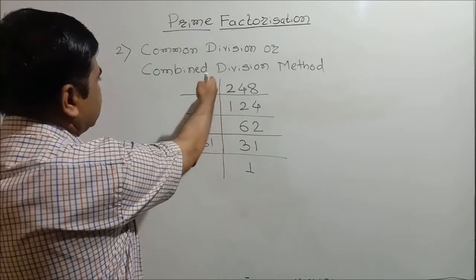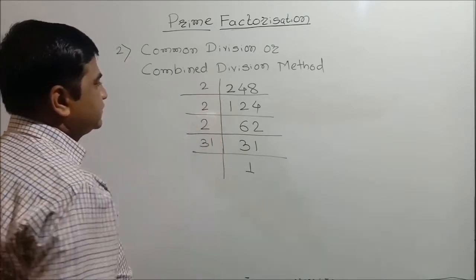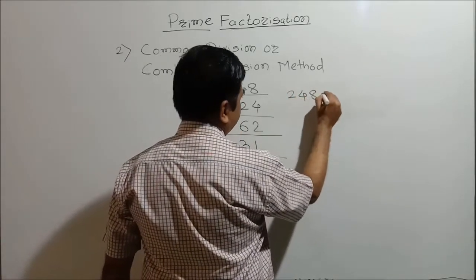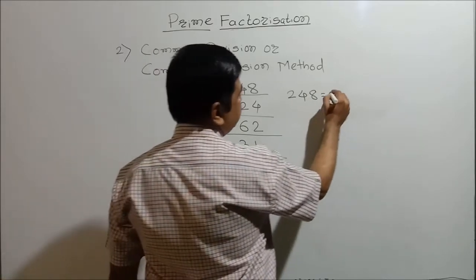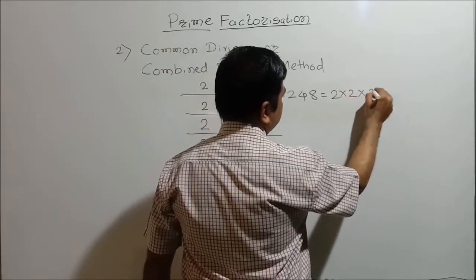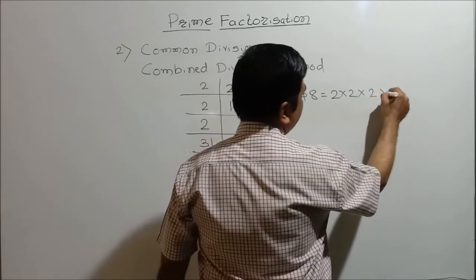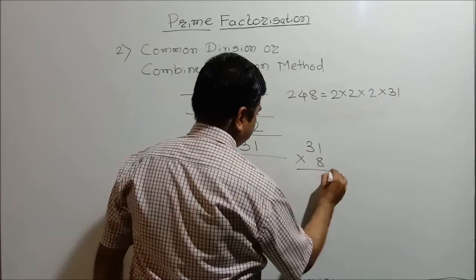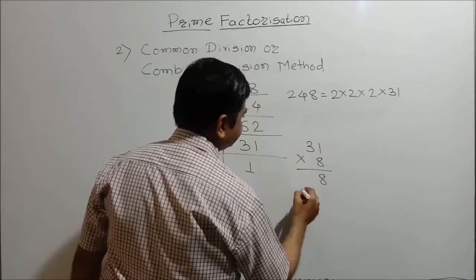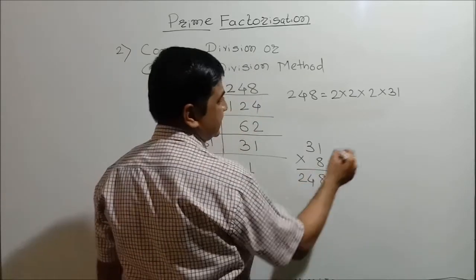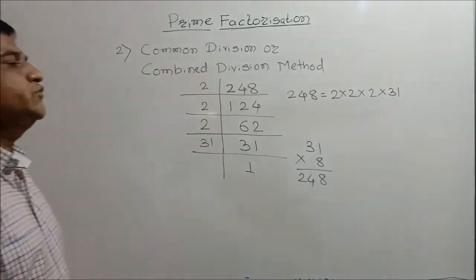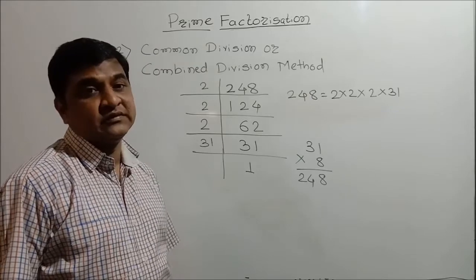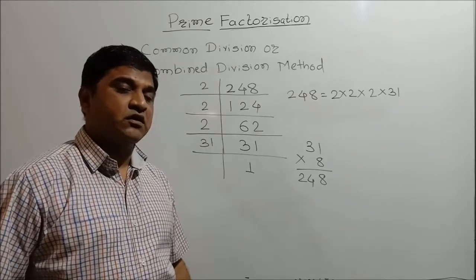Now what we got here, 2, 2, 2 and 31, are the prime factors of the number 248. So if I multiply 2 with 2 with 2, I will get 8. And when I multiply 8 with 31, I will get 248 as the required number. So now we have prime factorized one more 3-digit number, 248, and this is the quickest method of prime